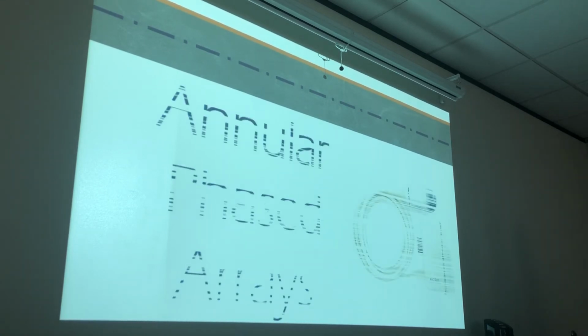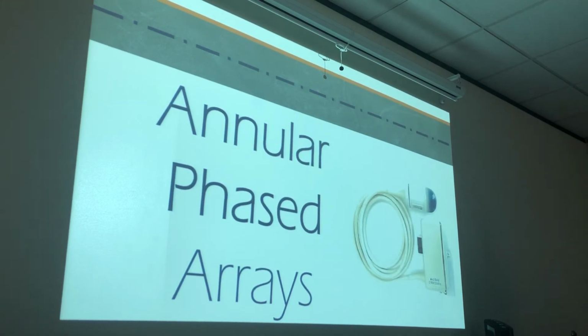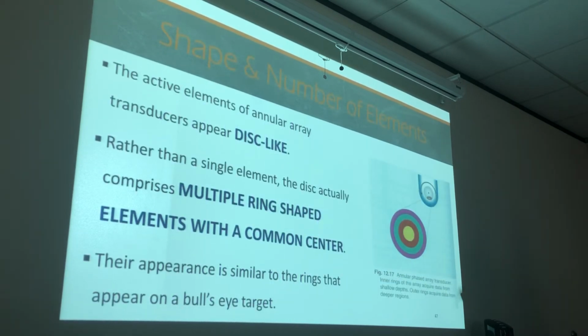So, now, guys, we have the annular phased array transducer. Annular means circular, right? Round. Okay? This is a picture right here of an annular phased array transducer. I've never used one, guys. I can't say how that operates. Okay? But an annular phased array appears like a disc-like or circular disc-like